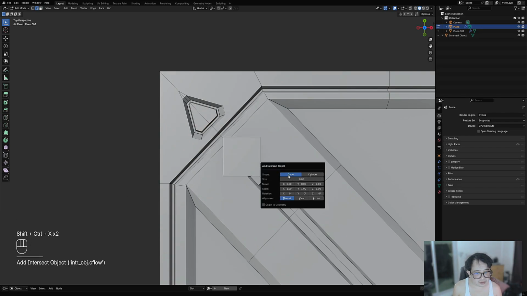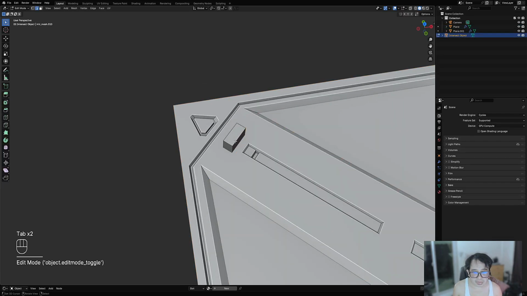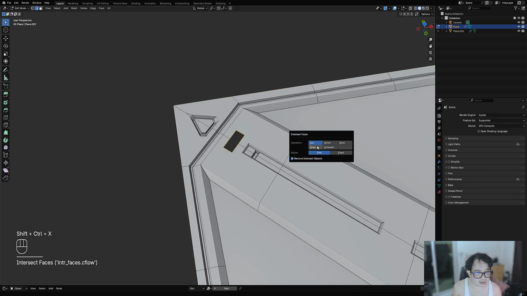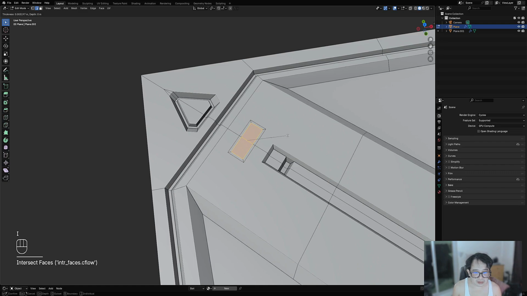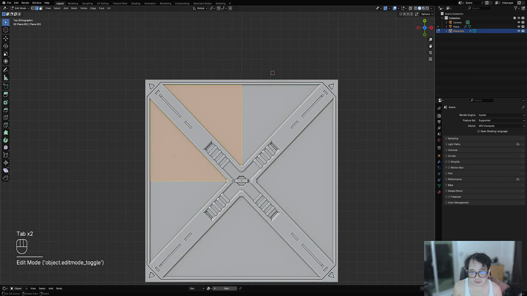Intersect object Q, and I guess you can use this 45 degrees. There we go, and scale in the Y axis. There we go. And intersect, draw, and then we just insert. There we go. Let's go to this,